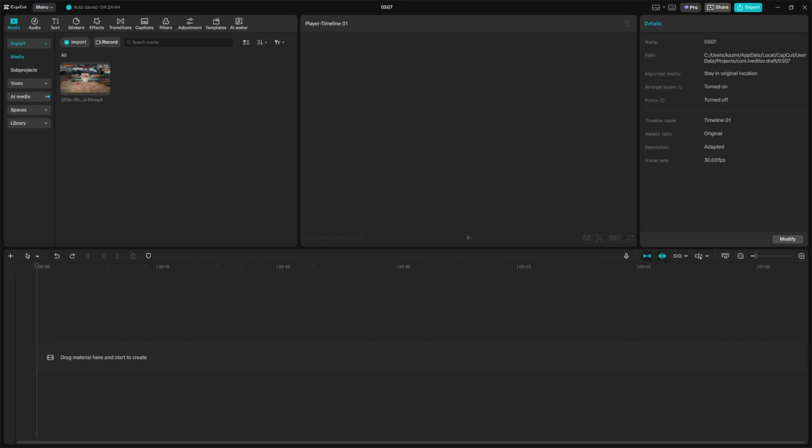In this video, I'll show you how to make a collage in CapCut PC. First, open CapCut on your computer and create a new project. Import all the videos or photos you want to use in your collage, then drag your main background clip or image onto the timeline. A collage means placing more than one video or photo on the screen at the same